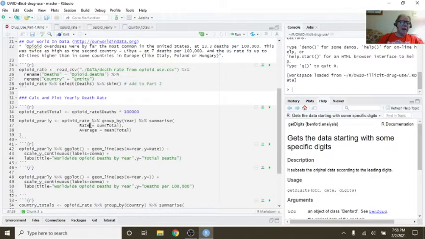We can, in fact, total per year. We can do this because of what this number represents up here.